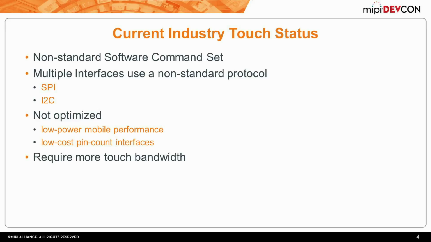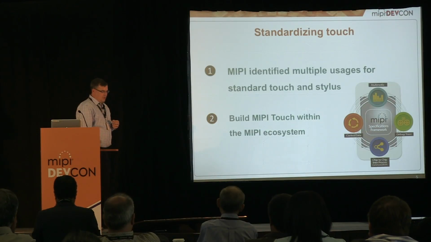One of the things on optimization, especially when we increase the bandwidth requirements, is that we're really concerned about efficiency of pin usage as well as efficiency of power usage. If I want to push more bandwidth across a pipe, I want to make sure it's optimized for power, and enable us to do that more efficiently in that mobile environment. So what does this really mean?